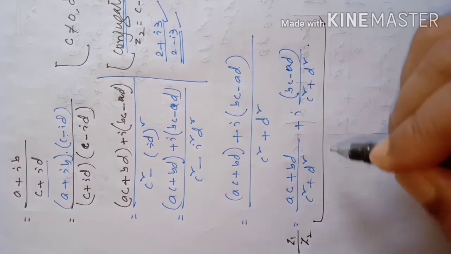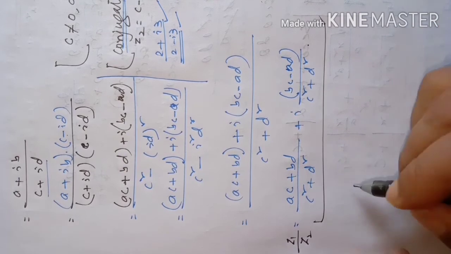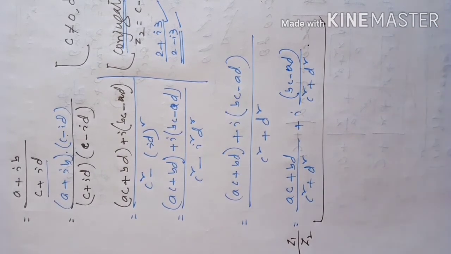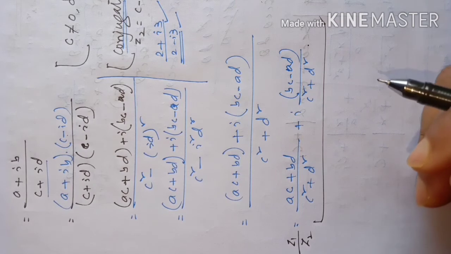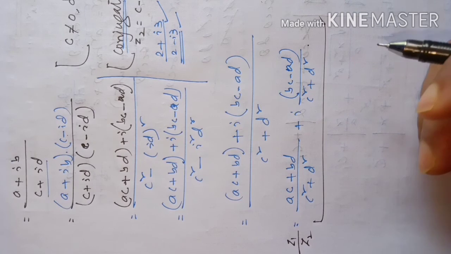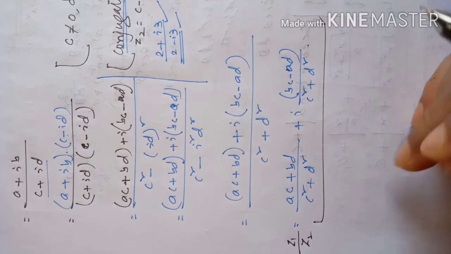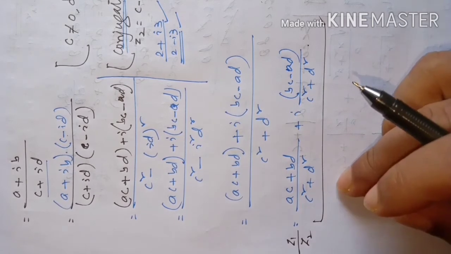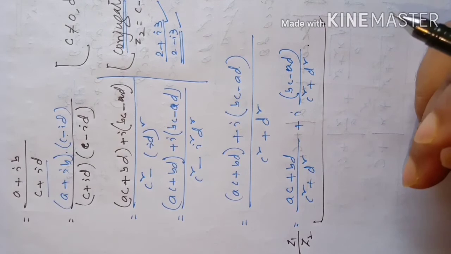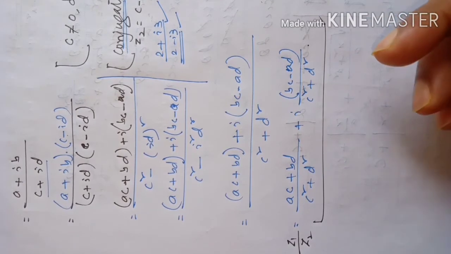Okay, dear students. So here also we can talk about the laws. One is the associative law, and I already said the closure property. The closure property holds true for addition, multiplication, and subtraction. But for division, it will not hold true all the time, because if the denominator complex number is 0, then it will not give us another complex number. It will not be defined actually.